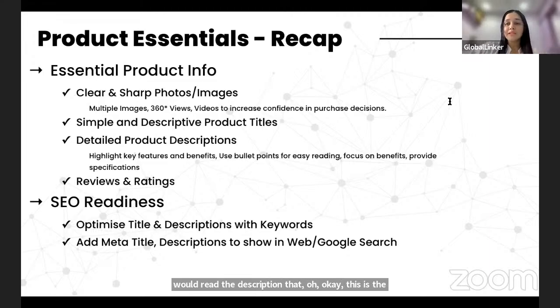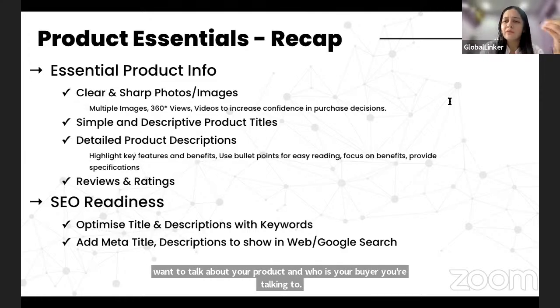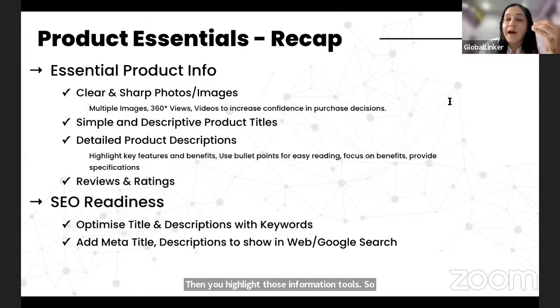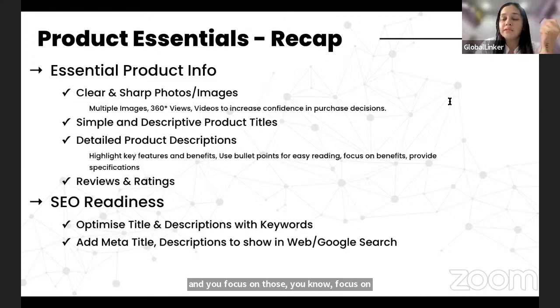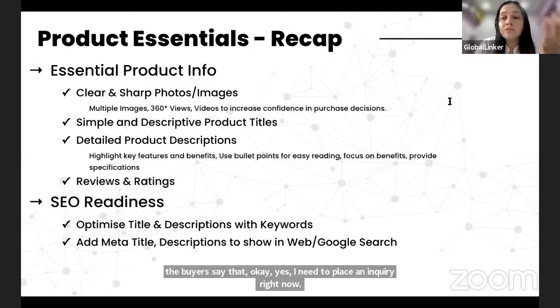So you'll have to decide what information you want to share about your product and who the buyer is you're talking to. Then you highlight that information to them. Typically it's always the key features and benefits. What is the value add you would be adding? And you focus on areas where the buyer says, okay, yes, I need to place an inquiry right now. Additional things you can add are reviews and ratings about your products,